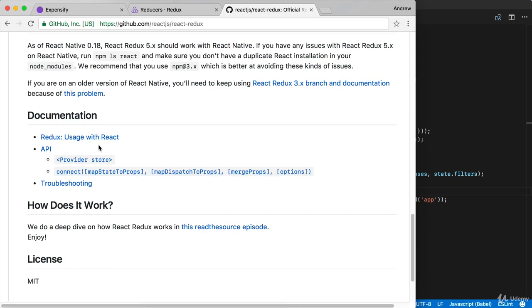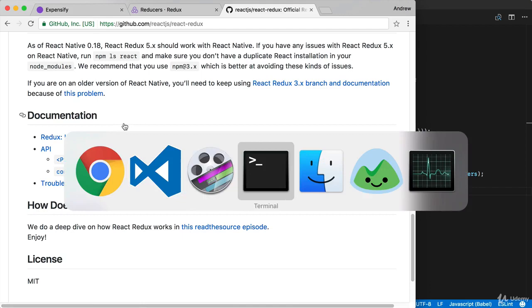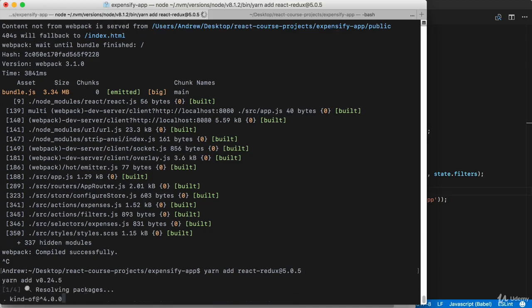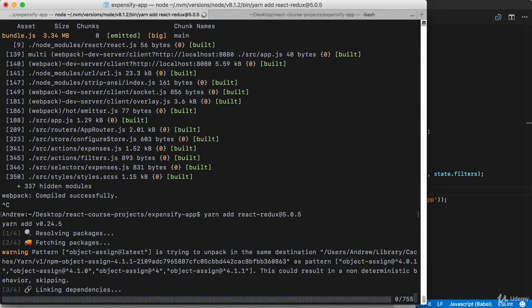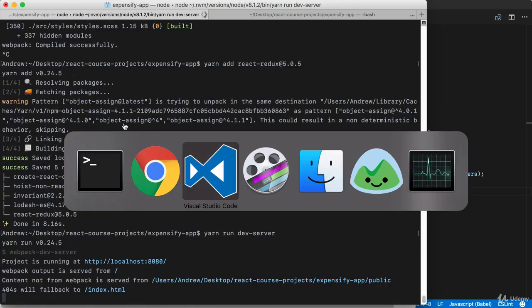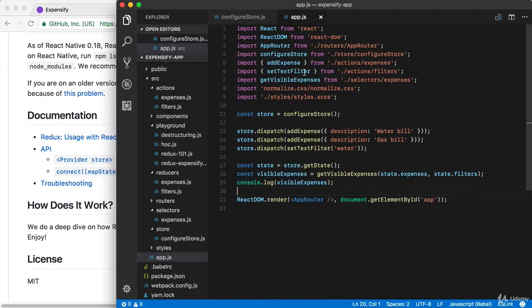So let's go ahead and install this library and see how this actually plays out in the real world. I am going to head over to the terminal, shut down the dev server, and use yarn add to add React-Redux, and I am going to go ahead and add the latest version, that is 5.0.5. I'm going to go ahead and actually run the command, adding that library in, and once it's added, we'll just start up the development server once again and start importing some stuff off of the library. I'm going to boot up that dev server, switch back over to Chrome, back into the editor,